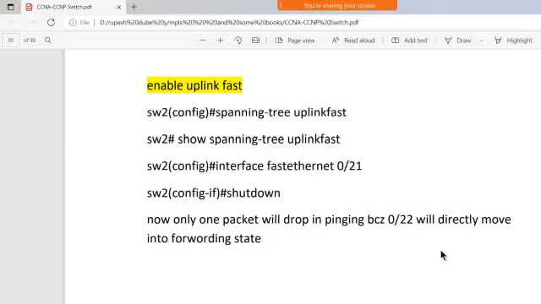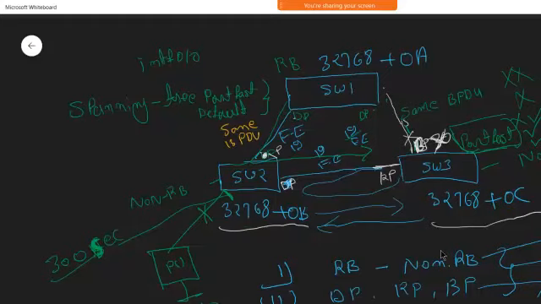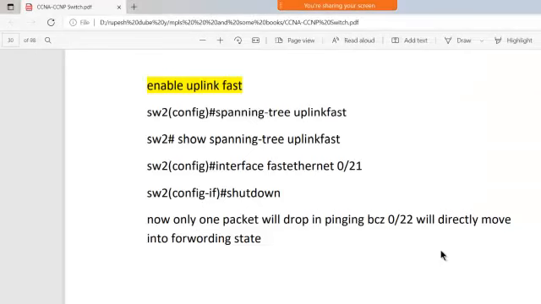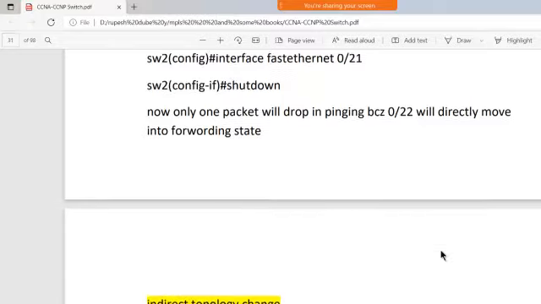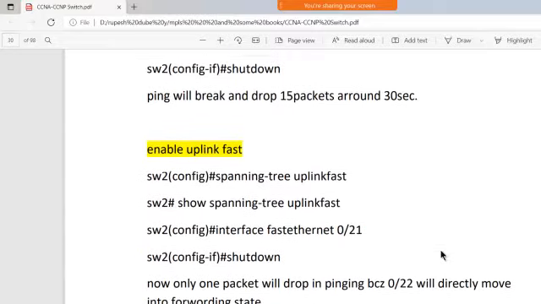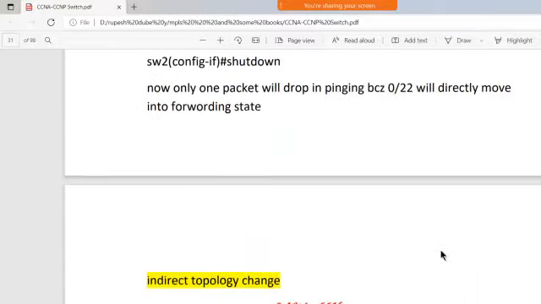If you want UplinkFast on this switch, you can enable it on a global basis or a per-interface basis as well. For the global basis, you run the command spanning-tree uplinkfast, right? And for the interface basis, you go to that interface and run the command spanning-tree uplinkfast. That's all.